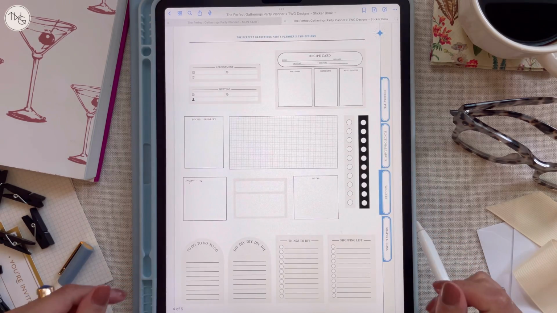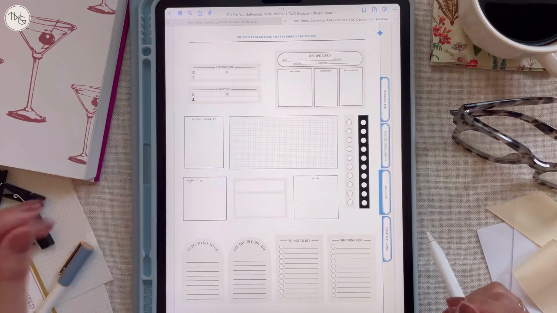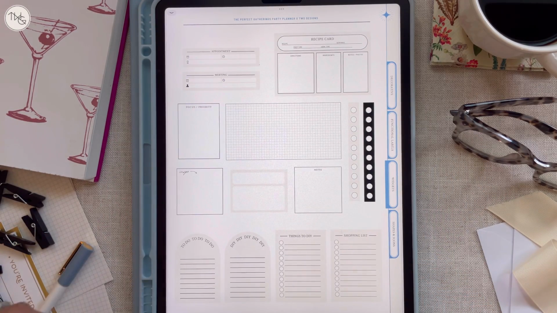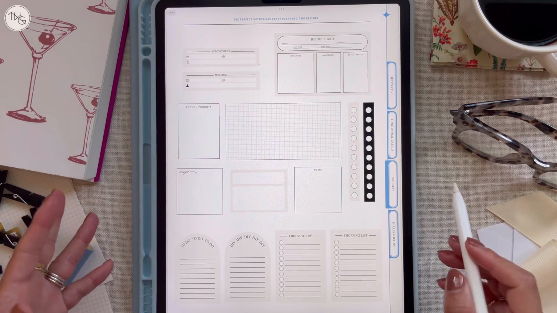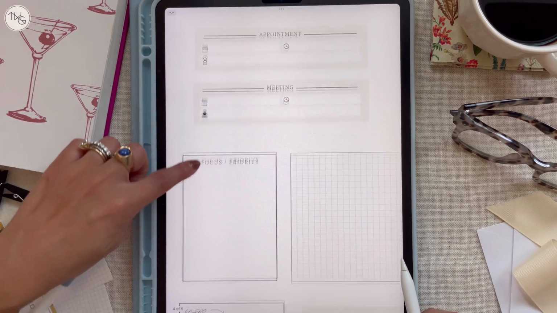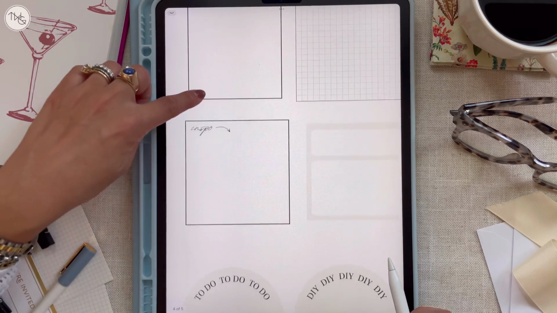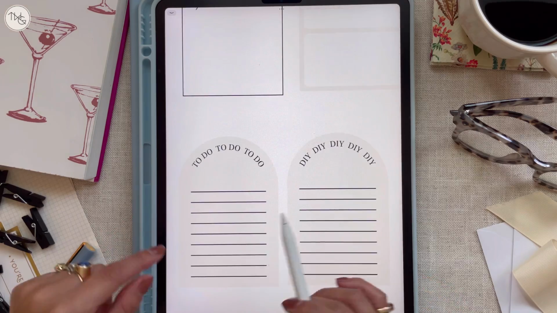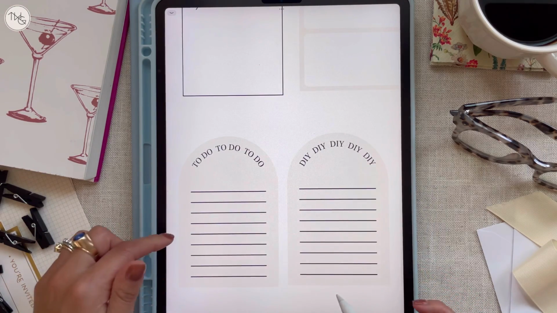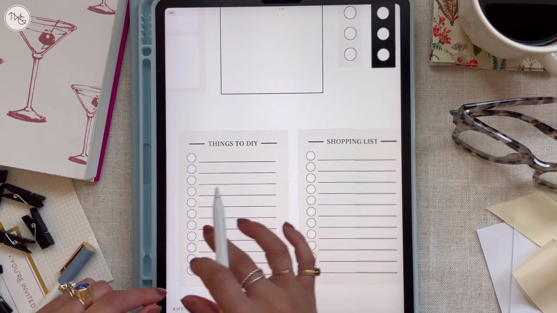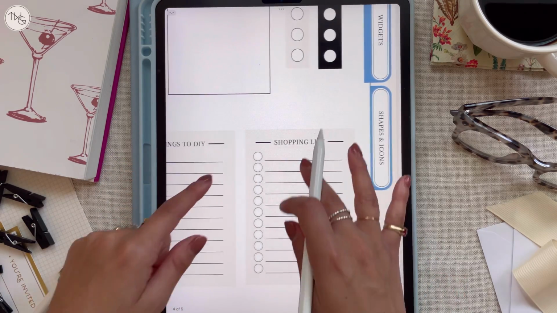Next up, we have the widgets. And widgets are essentially functional stickers. You can copy and paste these on any page template and make as many copies of each one as you'd like. So here I've included an appointment label, a meeting label, a focus priority box, an inspiration box, which is great to add inspo pics to any page. Then you have a couple of more specialty lists. So there's a to-do list, a DIY list, and then another things to DIY list,